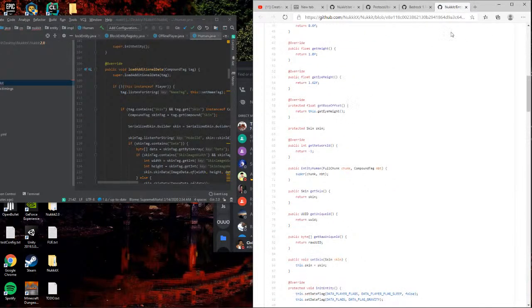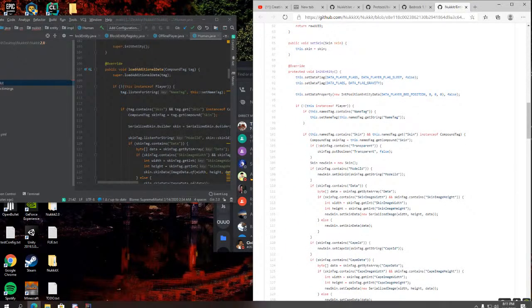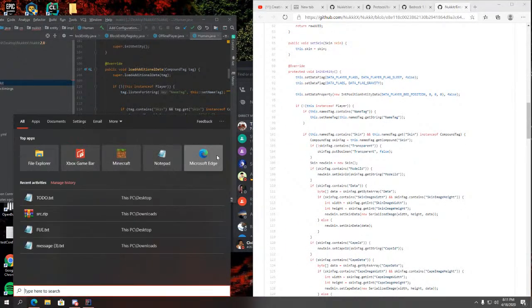All right. So new skin is saved as, let's open up Notepad.